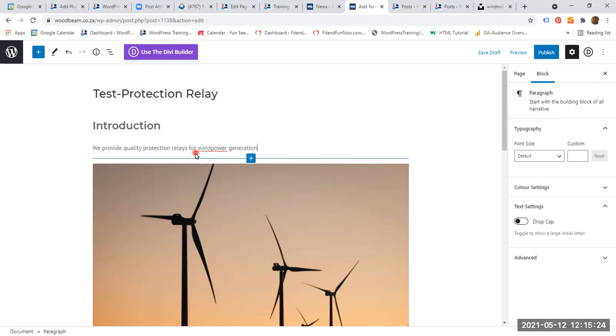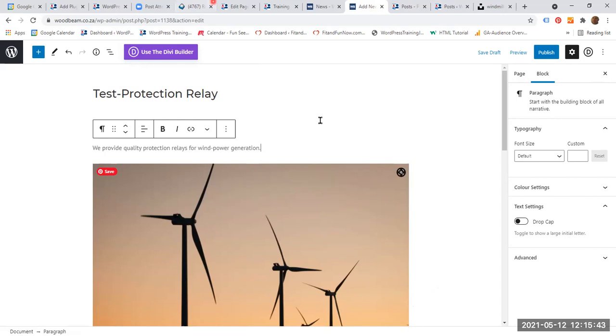It doesn't have to be exactly right, but wind power, does it have a hyphen in between, or is it two words? Wind power generation. Yeah, hyphen is fine. We provide quality protection relays for wind power generation. Okay, now